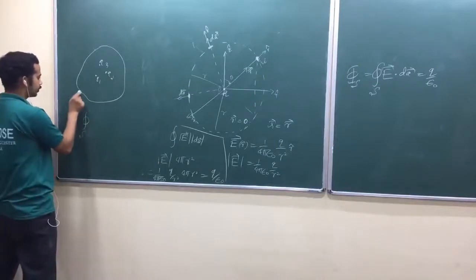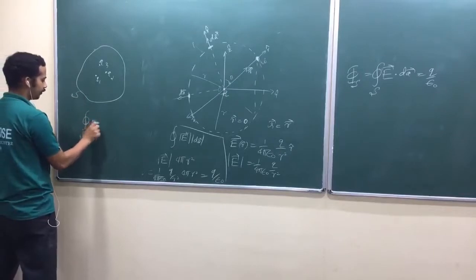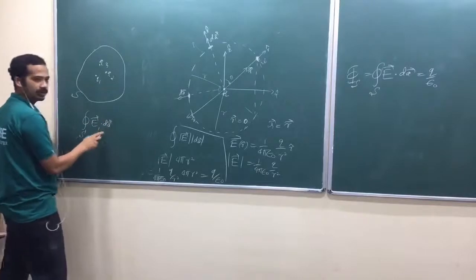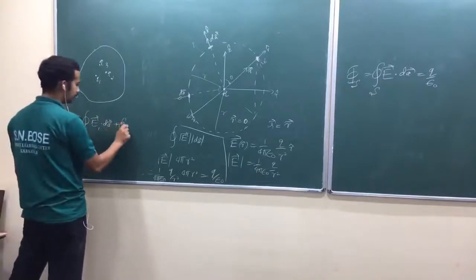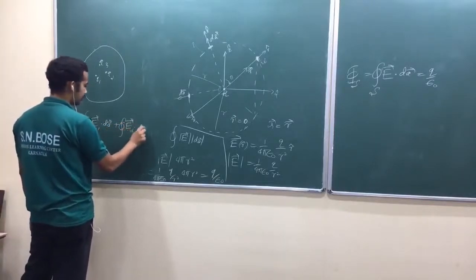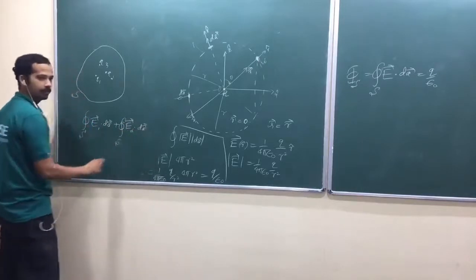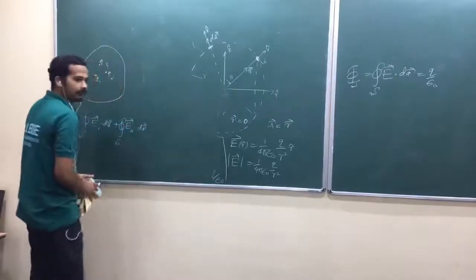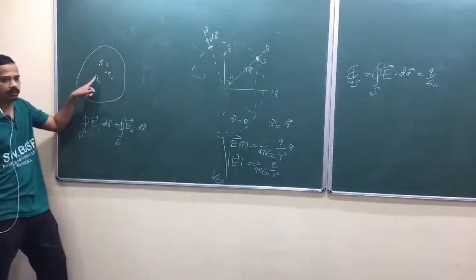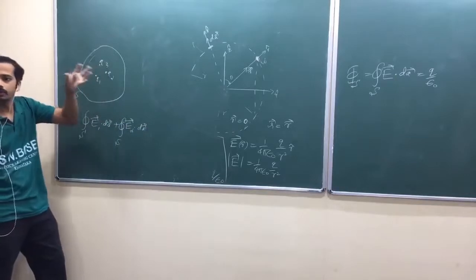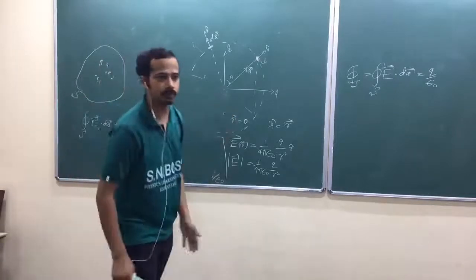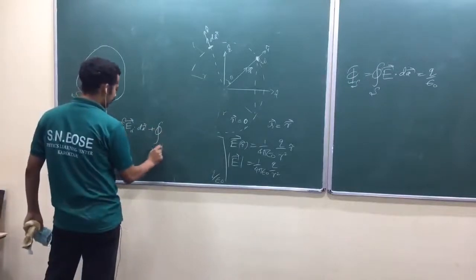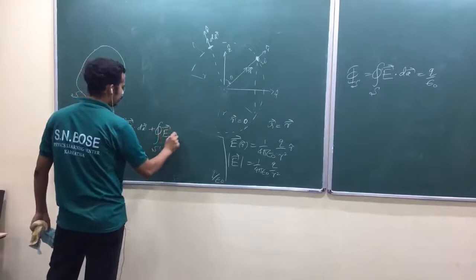Close the surface, this is the surface, closed surface integral of E1 bar dot dA, okay? dA is the same, okay? Plus closed surface integral of E2 bar dot dA, am I right? Similarly, closed surface integral of E3. So what am I finding? I am finding the flux due to this one, this one, and this one, because you can take them individually. That's our superposition theorem, remember, okay? Plus closed surface integral of E3 bar dot dA bar.